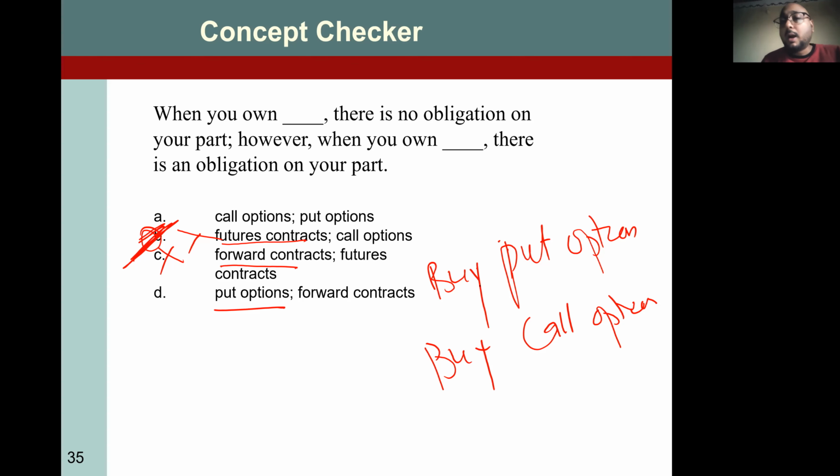The greater the variability of the currency, the blank will be the premium of the call option on its currency and blank will be the premium of the put option, other things equal. We just discussed that in our earlier slides. What is the answer here? Greater variability means risk or volatility.